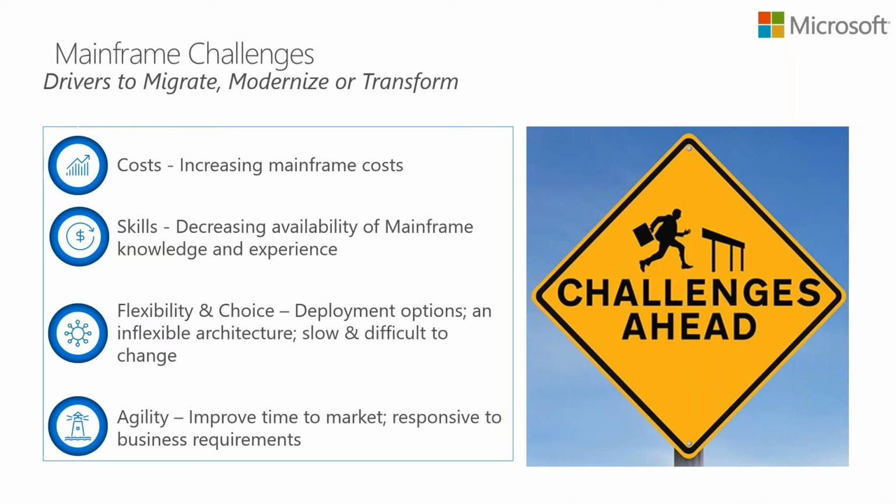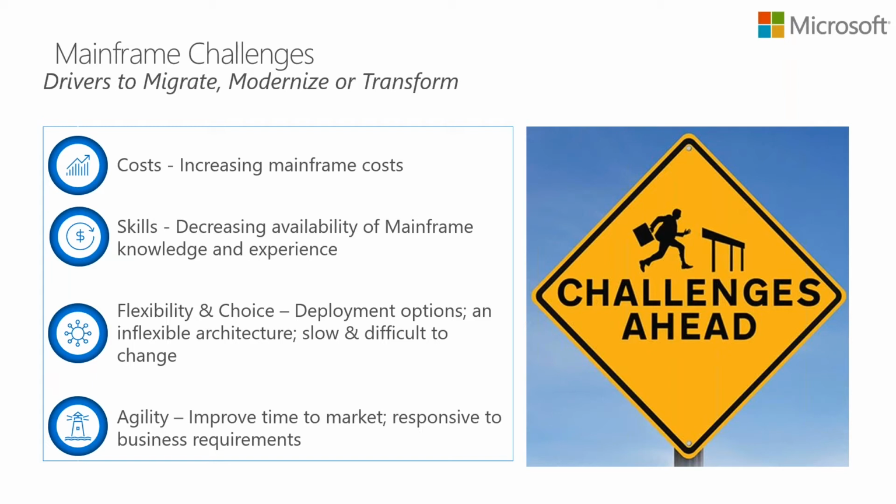And we think of the transformation goals. We always start with, what are the business challenges and the business drivers? Because that really helps to determine what is the best path forward in doing a modernization or a transformation of a workload. The number one historical business driver our customers have had is cost. Mainframes, it's an incredible platform. IBM does an amazing job on the IBM Z-Series and on the midrange Power Systems, but it's also very, very expensive. Those costs continue to include both hardware and software from IBM and third parties, and those costs continue to increase.